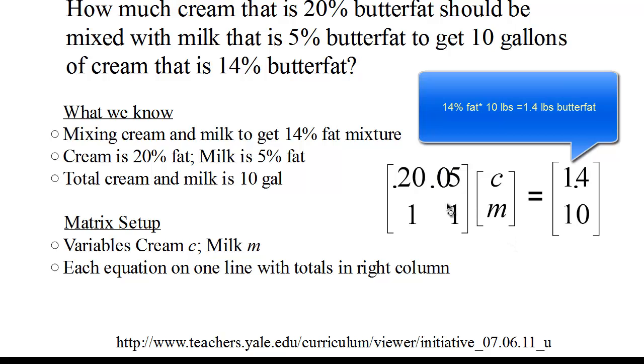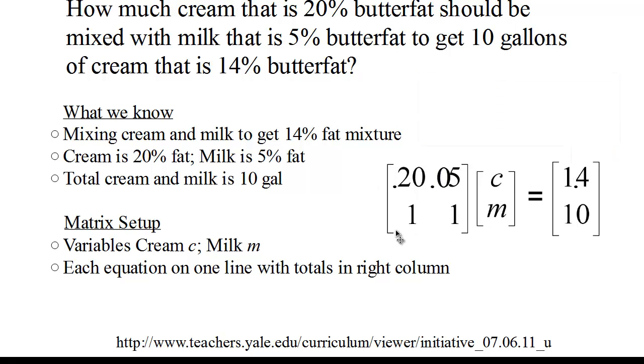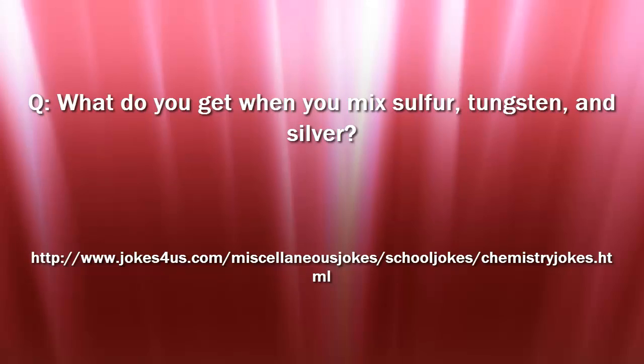So in the end, we have 2 equations, we have 2 unknowns, and that's going to be our setup of the matrices. So the solution to this is going to give us how much cream and milk we need to make that mixture. And whether it's 2 variables and 2 unknowns or 50 variables and 50 unknowns for a really complex mixture of things, that's how mixture situations work. Speaking of mixtures here,